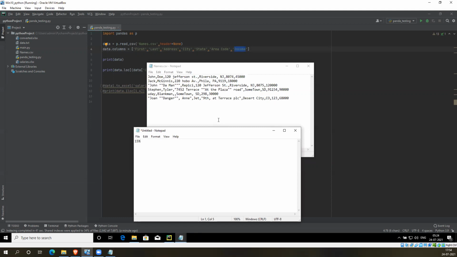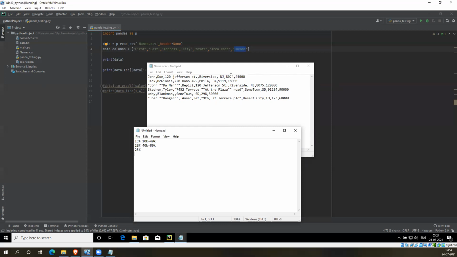15% if it is between 10,000 and 40,000, and 20% if it is between 40,000 and 80,000, and if it is outside this slab, let's keep it 25% for simplicity.